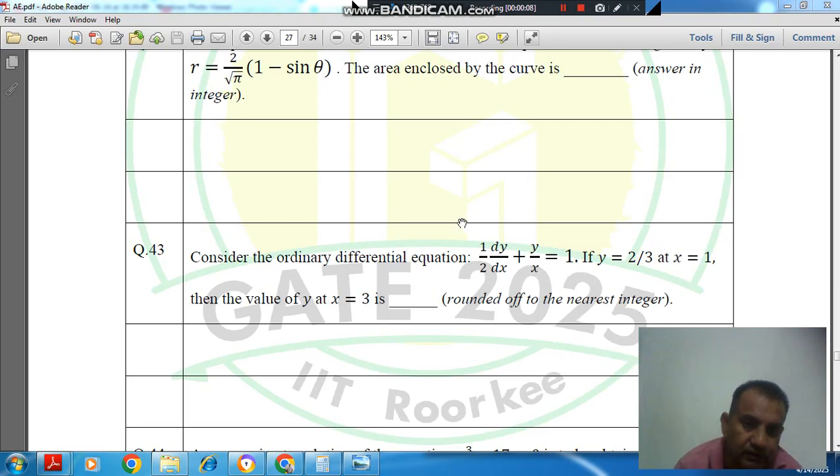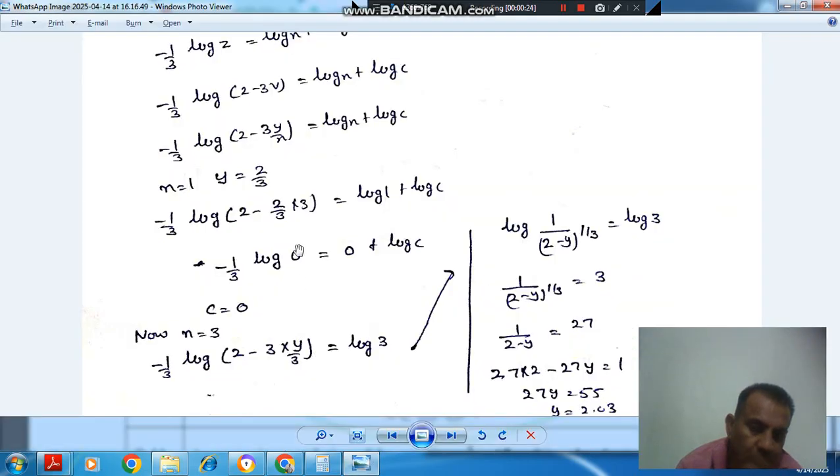Question number 43. Consider the ordinary differential equation (1/2) dy/dx + y/x = 1. If y is equal to 2/3 at x is equal to 1, then the value of y at x is equal to 3, rounded up to the nearest digit, is. So here